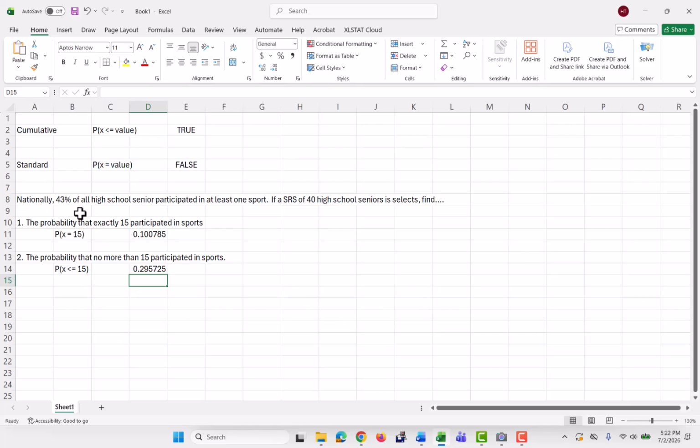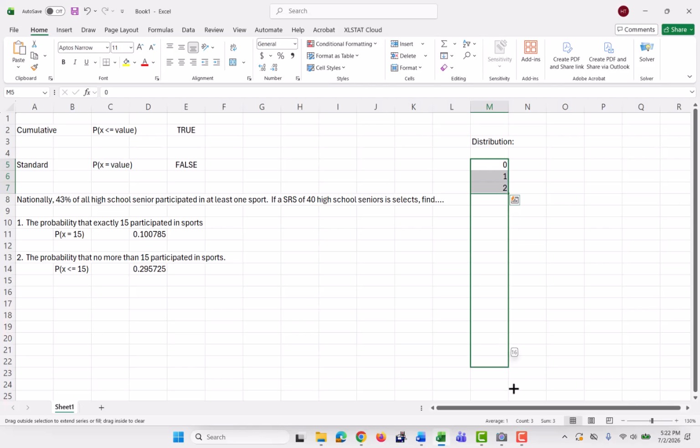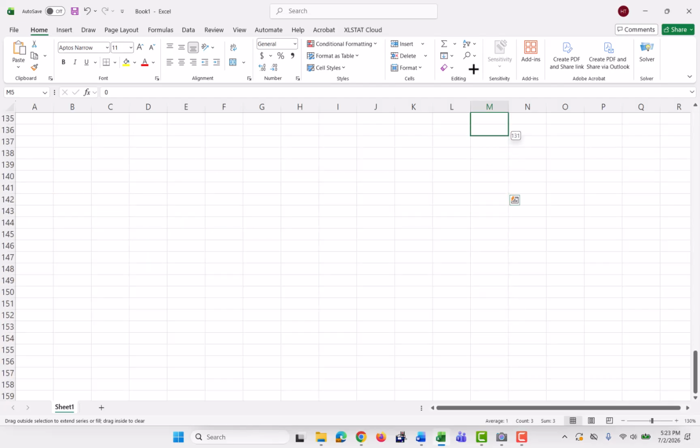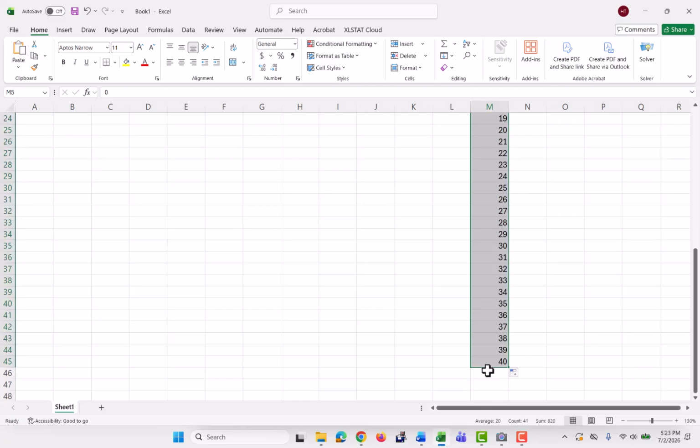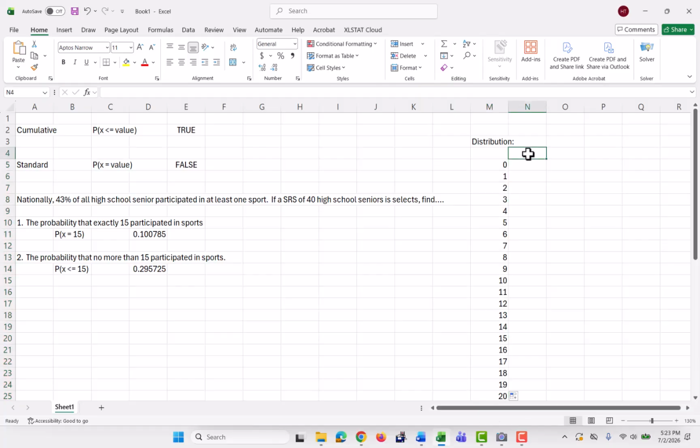Now, one of the nice things about this formula is we can actually use it to create a distribution. For any situation like this, we have to remember that we start at 0, and then we'll count up to the value of n, which is 40. So there's 40. So this is the value of x. It's going to be p of x equals